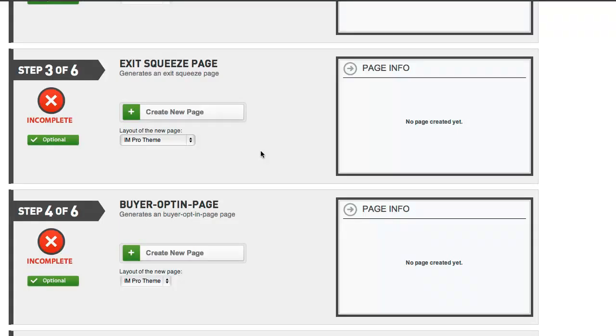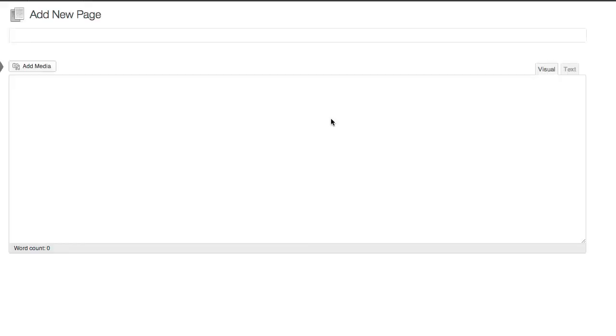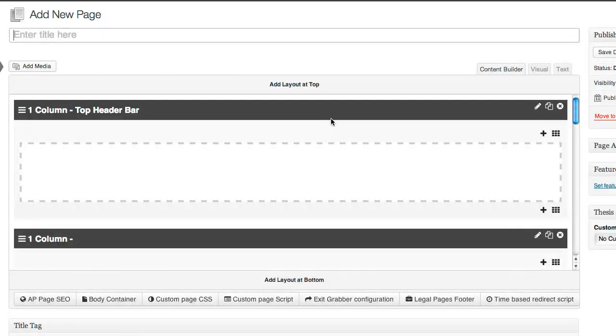Now what I want to do is show you one last thing, show you how easy it is to create a great looking squeeze page. Now for this particular step we're going to create what's called an exit squeeze page. So I'm going to choose one of these. I'm actually going to stay within the same theme so it looks consistent across my site, and I'm going to click create new page. It's going to go to the builder,